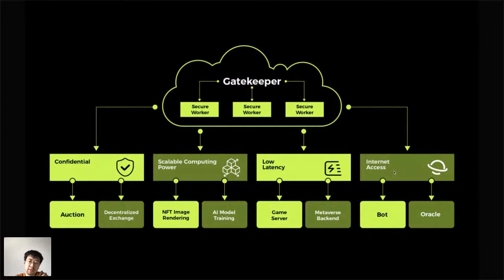And the last, since it has the ability to access the internet, it will be very easy to implement your own oracles with our contract. It just takes tens of lines of code. You can directly read the data from, for example, an HTTP service. And even better, you can also send HTTP requests to do something, for example, to control your Telegram or Discord bots to send messages to your users. So all these things can be done with just one contract.